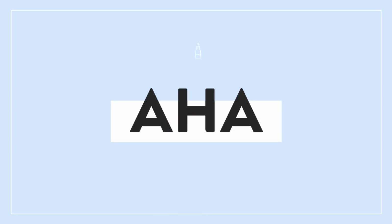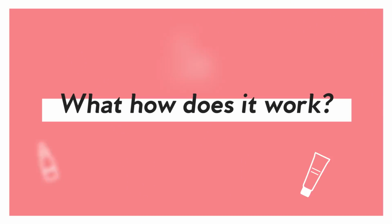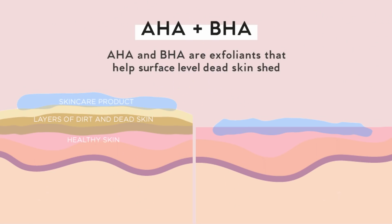The first one is AHA, alpha hydroxy acid, and the second one is beta hydroxy acid. These acids and exfoliants are actually really popular in a lot of skincare. So how it works is that your skin has a lot of dead skin on the top. And sometimes when you don't wash your face enough, if you don't exfoliate, the skin just dies there, and then it seeps into the pores, and then your pores get clogged, and then that's when a breakout occurs. But the AHA and BHA exfoliant acid actually helps to unstick these dead skin cells so that it can shed